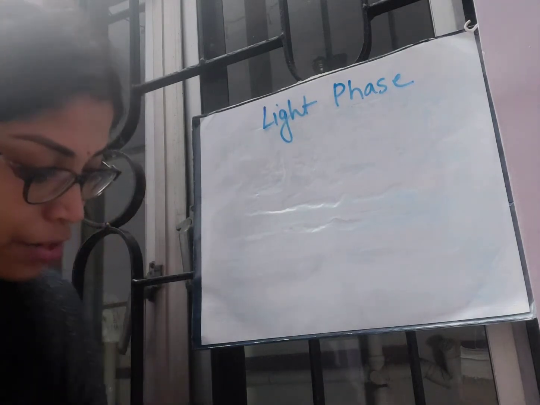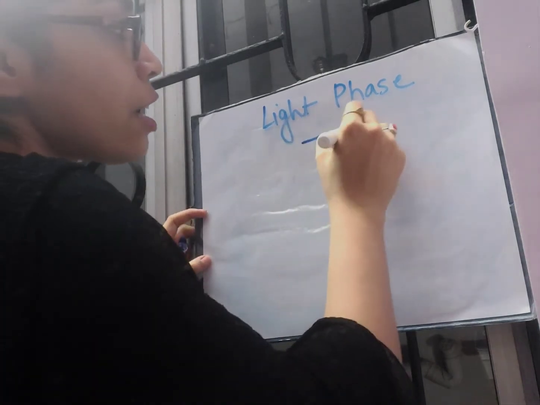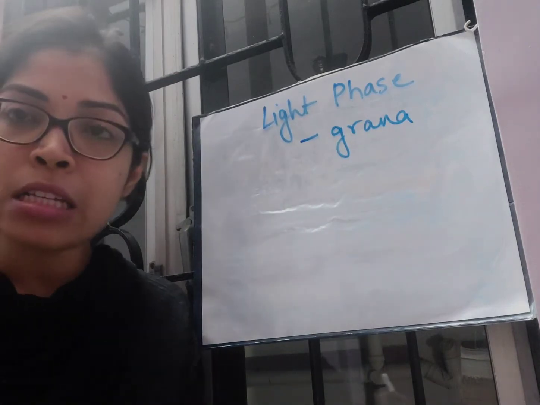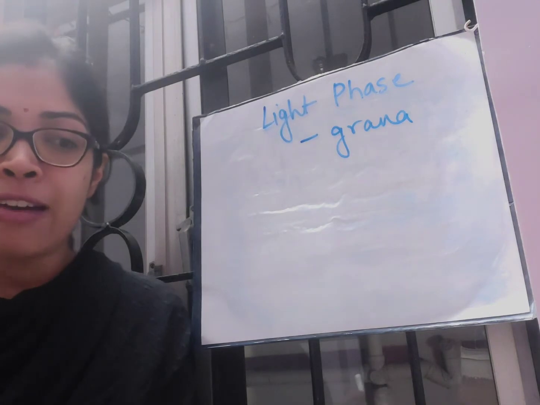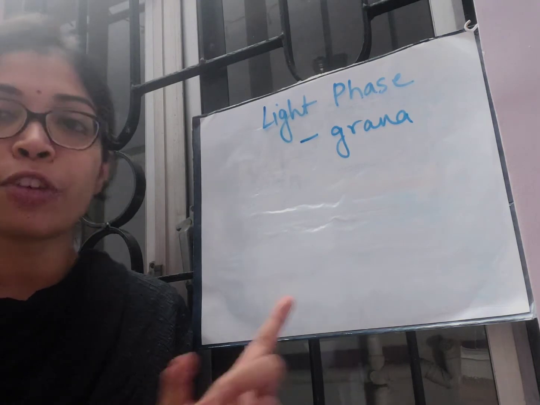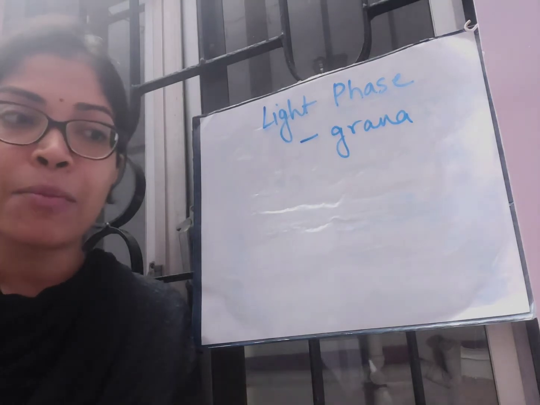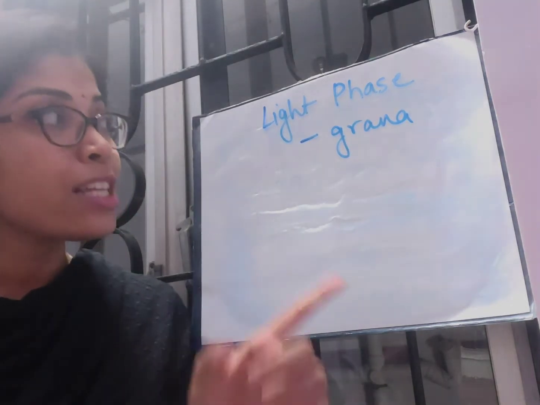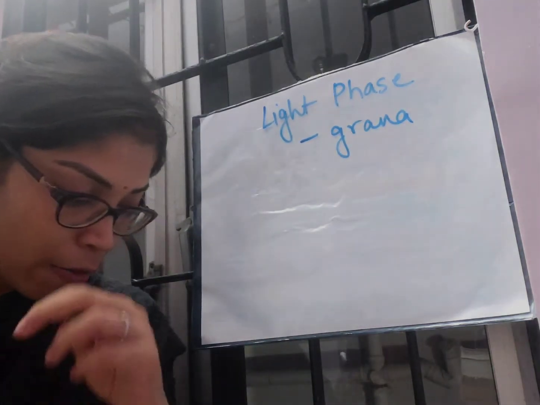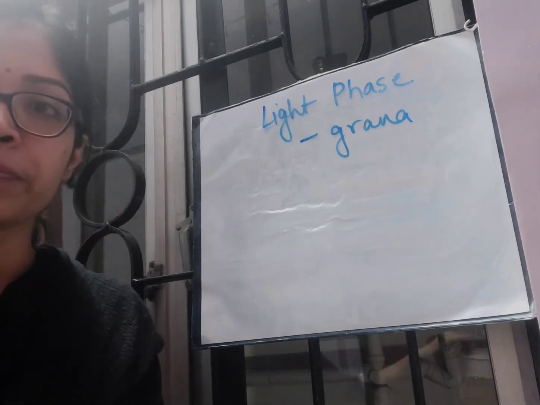See, the light phase or light reaction takes place in the grana of chloroplast in the presence of light. So where does it take place? In the grana of chloroplast. So if you remember the structure of chloroplast that you have learnt in the chapter cell in the first unit test only, the chloroplast consists of grana and stroma. So the coin-like structures that are there are known as grana, and the matrix of the chloroplast is the stroma. So within those grana, the light phase of photosynthesis takes place. Okay, underline this: grana of chloroplast is the location of light phase of photosynthesis.